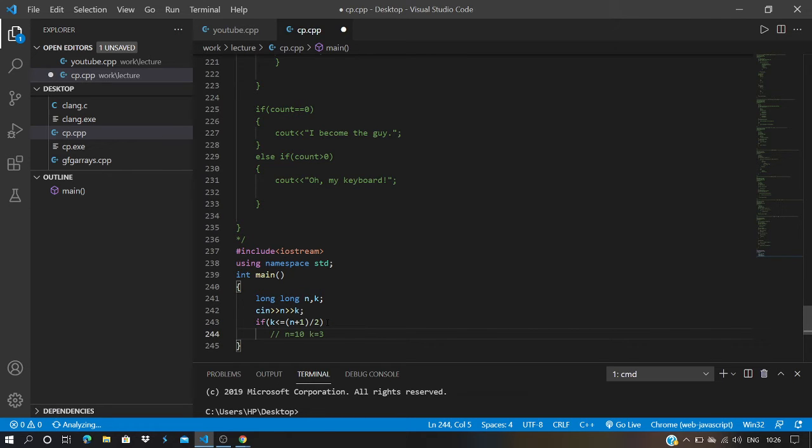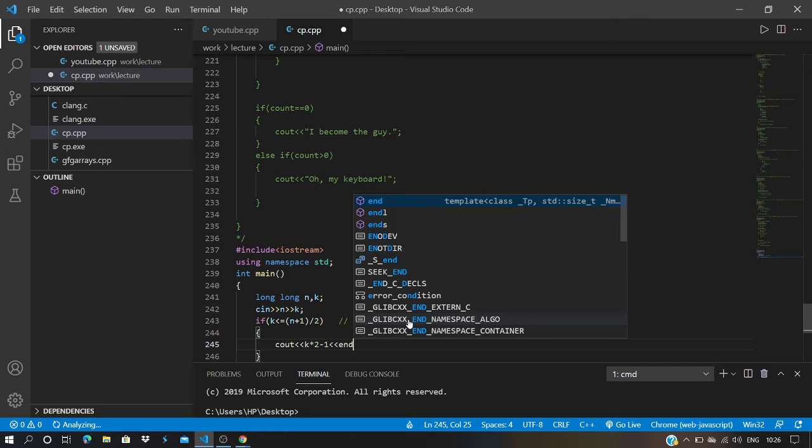So what we'll do, if the condition is true, we'll just print k into 2 minus 1, and that's it. You will get your desired answer.